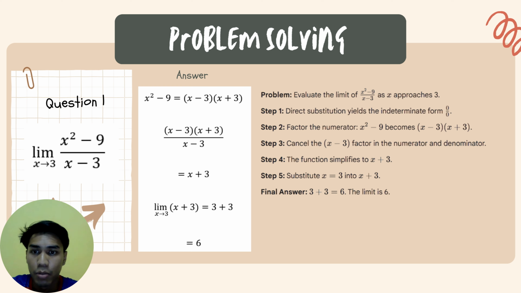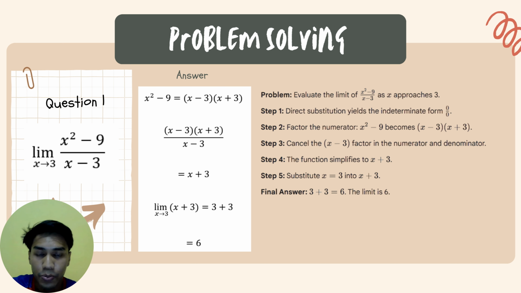Problem solving. Question number 1. The limit as x approaches 3 of x squared minus 9 divided by x minus 3. First of all, we must know the problem. The problem is to evaluate the limit of x squared minus 9 divided by x minus 3 as x approaches 3. Step number 1. Direct substitution gives the indeterminate form